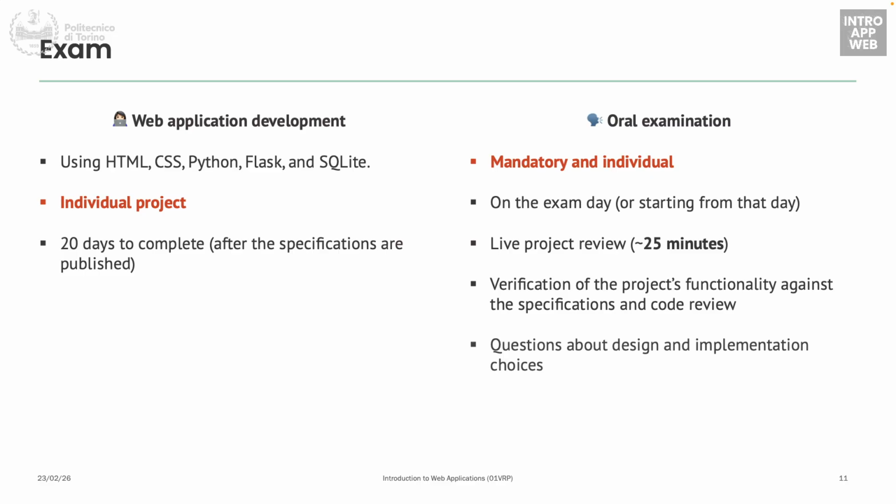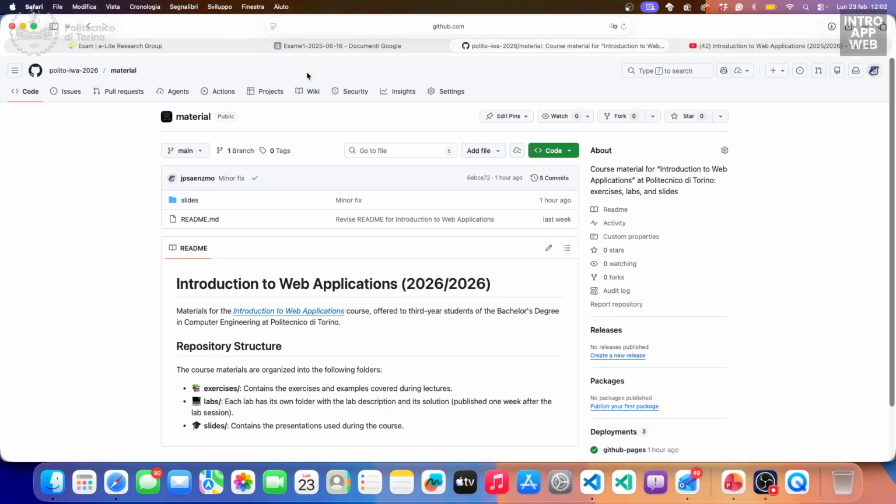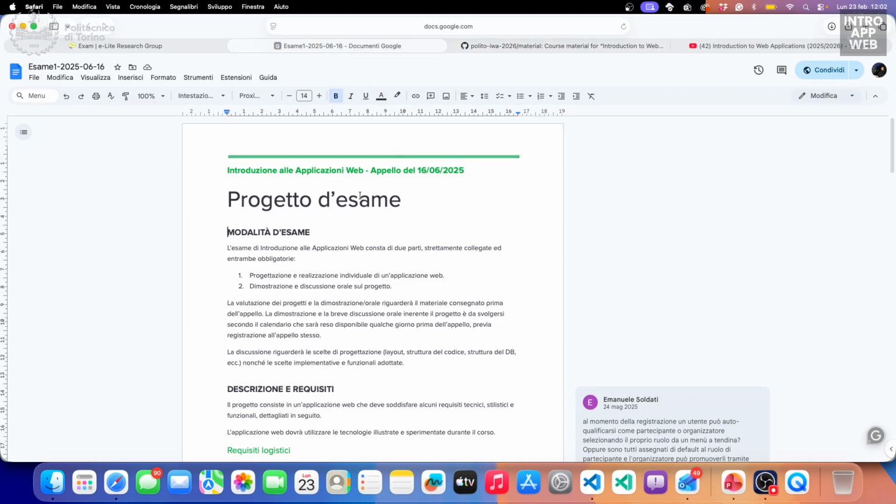And of course, I will ask questions about how you implemented the application and why you took some decisions. Not theoretical questions, but questions on the reasoning that you followed to implement the application. Just to give you an example,